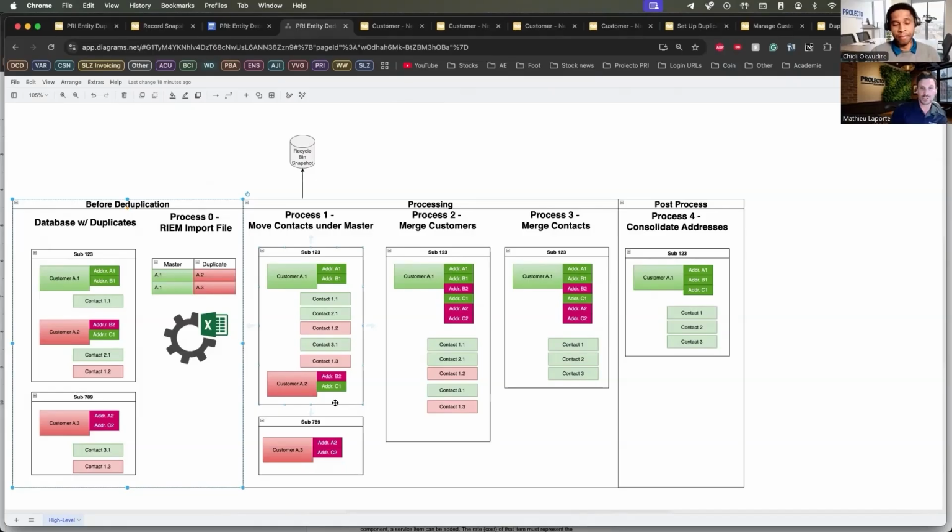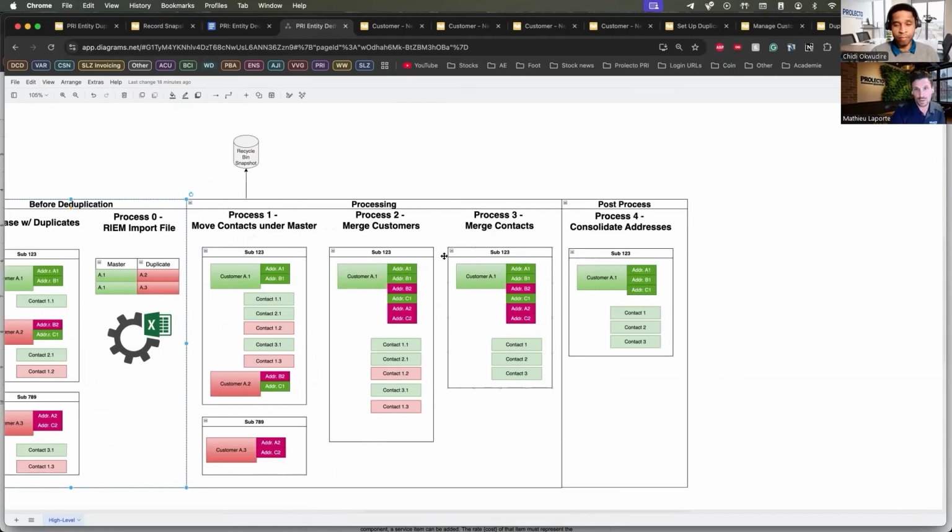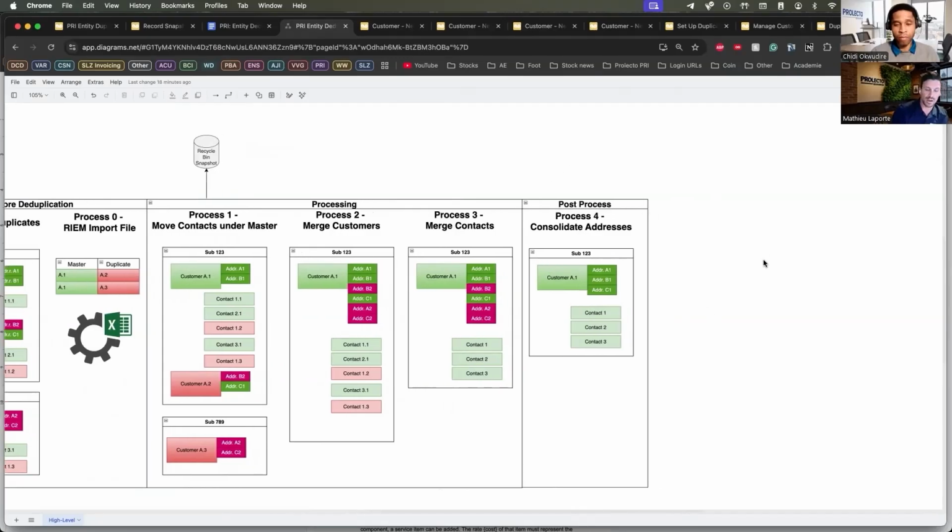So you can easily just merge the duplicate accounts into the master, and then you can take care of all these child records in whatever logic you want. So contacts, addresses, sub customers, all of that is processed after the fact. So then you get to a place where we have all those processors kicking in one after the other to get to a post process where you have that master account that's the only one living with a clean list